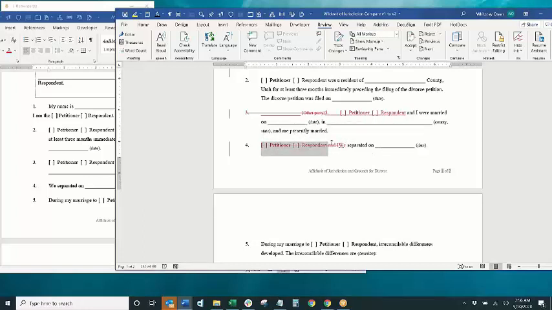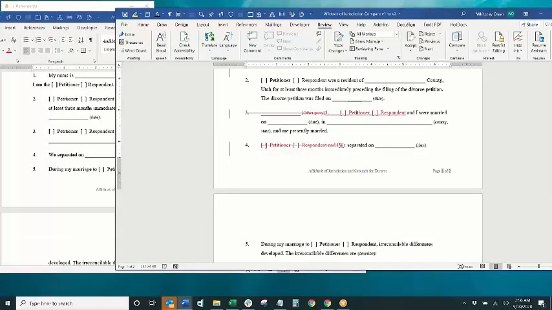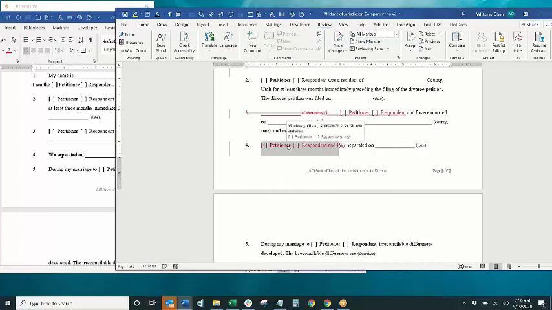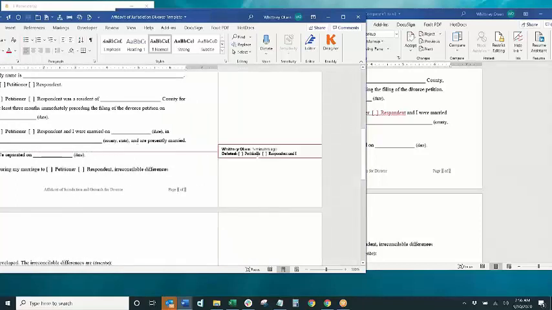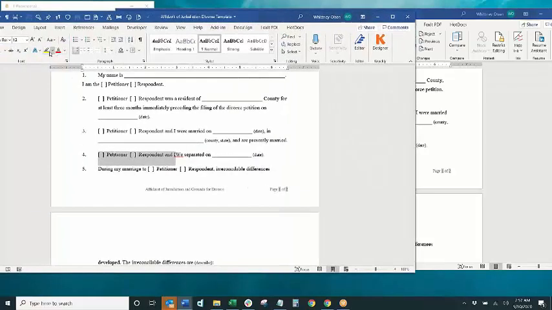So let's look at this one where I've decided, number 4, it has "we," and it looks like in one of the versions I instead have "petitioner responded" and "I." So I may have decided that in one situation I want this language, and in the other situation I want the "we" language. So what I would do for that is put both pieces of language in there. And for now, I'm just going to highlight them and say,